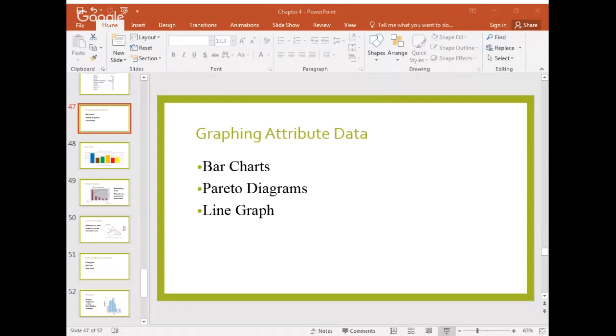Okay, folks, here we are. We are going to be talking about graphing attribute data. So right now I'm going to share my screen and show you my slides. Let me put you in slideshow view. I think that should be showing up. Basically, we are going to be looking at